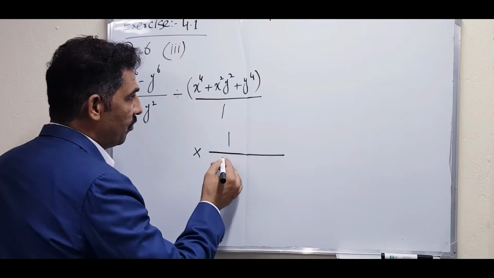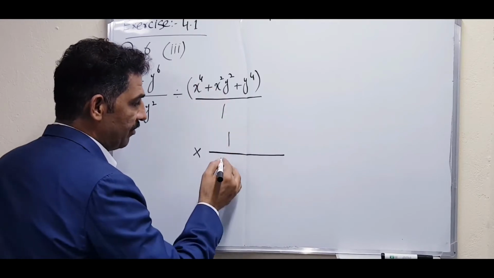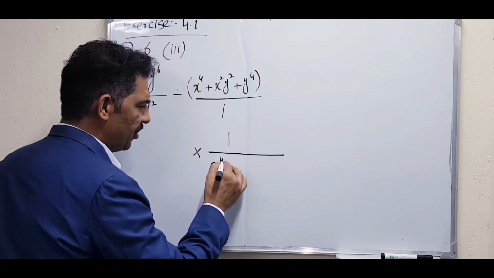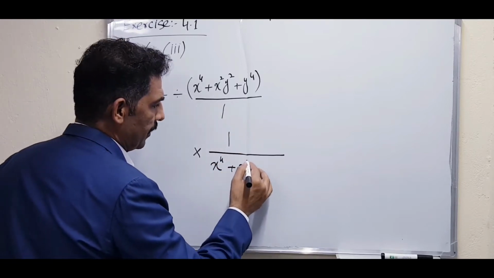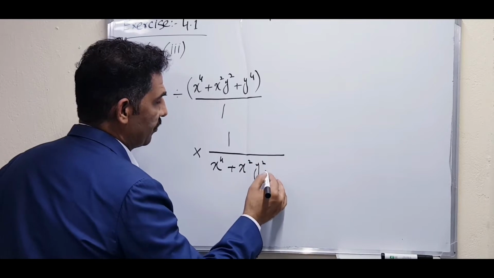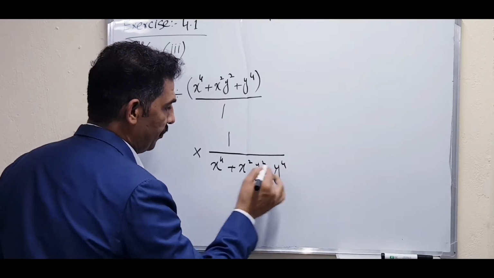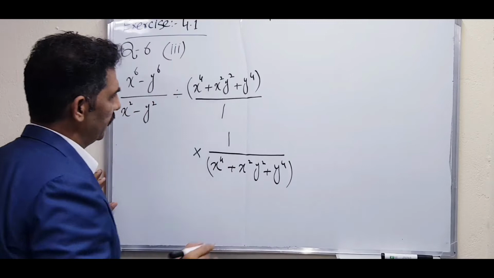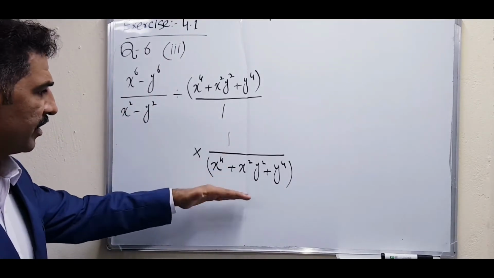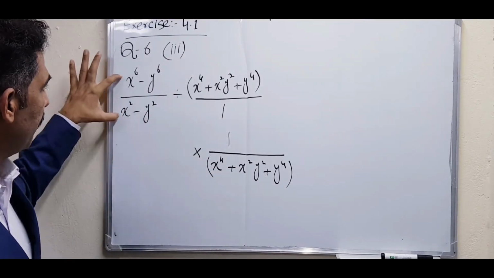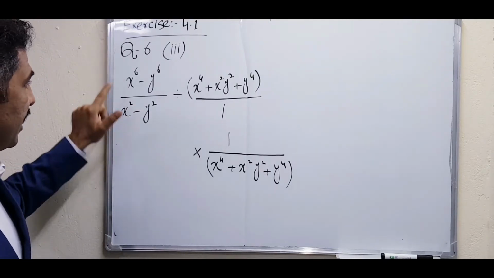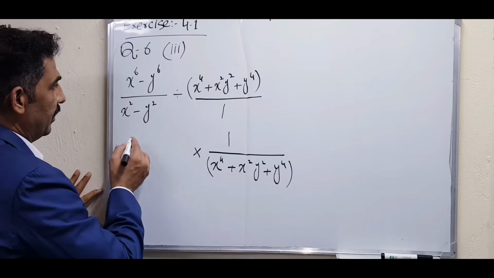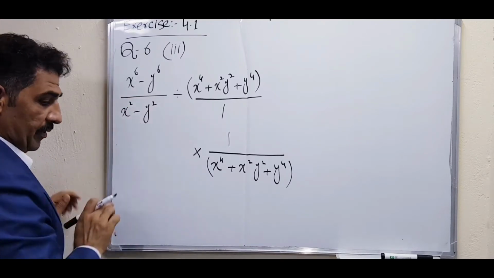I'm doing one step more of that one. We can write that one the same, no change, because we will simplify this term, no issue. x square and y square plus y raised power 4. We will not change this term, we just have to apply two formulas, which I already told you. One formula is here and the second formula is also used here. So these are the two formulas at this time.